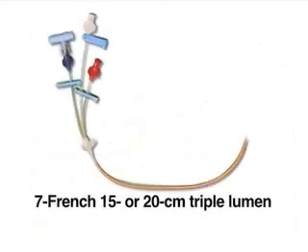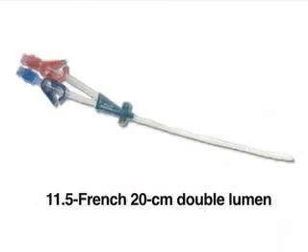There are numerous types of central venous catheters to choose from. 7 French triple lumen catheters of either 15 or 20 centimeter length are most commonly used in adults. For resuscitation or dialysis, large bore catheters are preferable, since there is less resistance to flow than the smaller bore